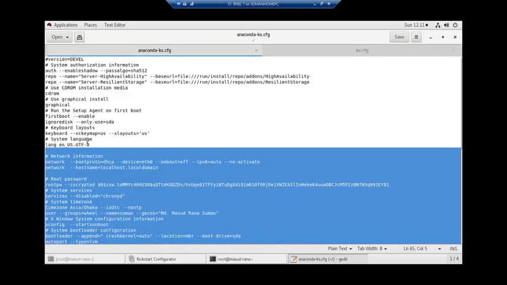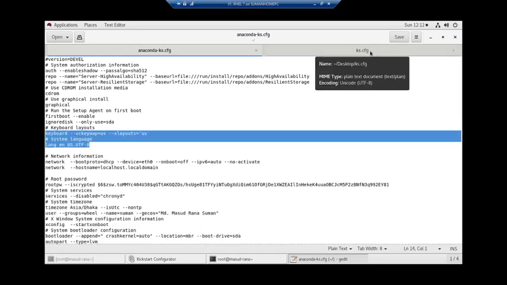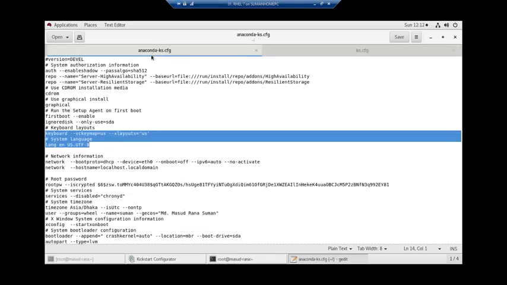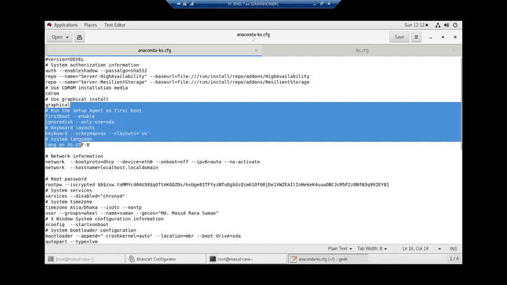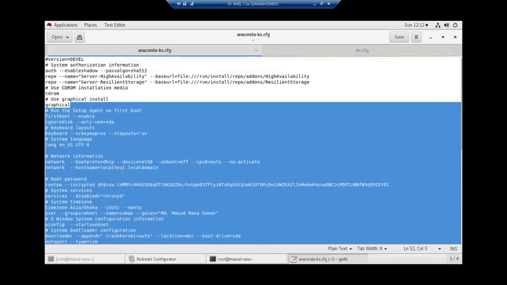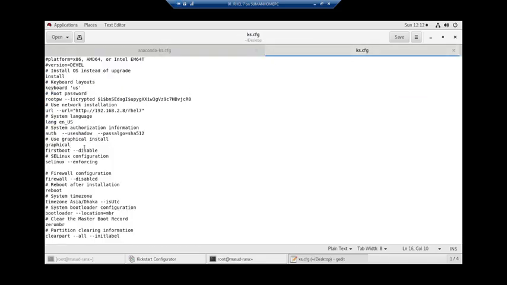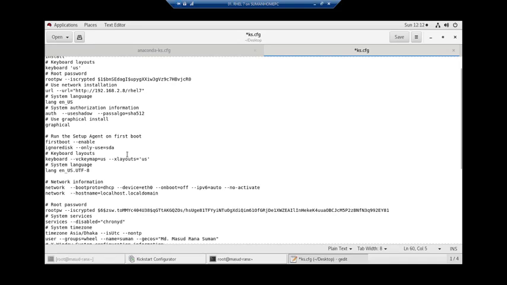Keyboard layout, system language. I am copying from graphical install graphics. I want to copy this thing from here. Yes, now I have taken all the things.